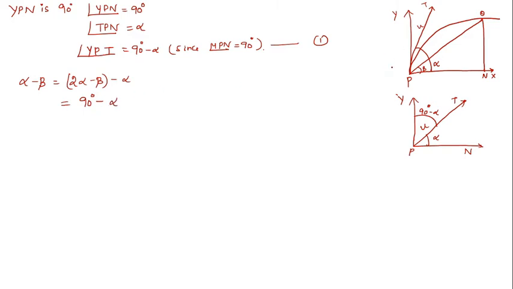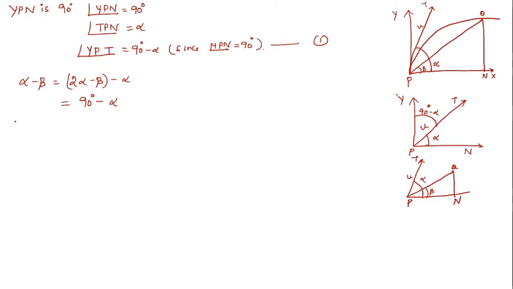So what will be our alpha minus beta? That we are going to find from the diagrammatic representation. So I am separately writing that angle alone. This is your T with initial velocity u, and this is the angle alpha. And this is the angle beta, range on an inclined plane. It is Q and N, P. Okay, we are going to find alpha minus beta. From this diagram, you can clearly see that alpha minus beta is nothing but TPQ, right?